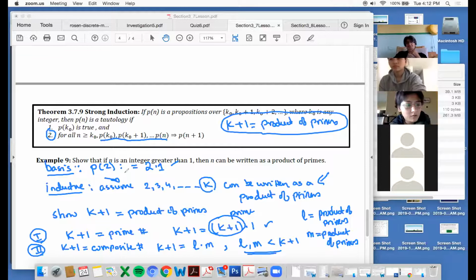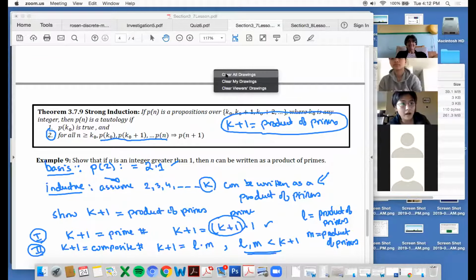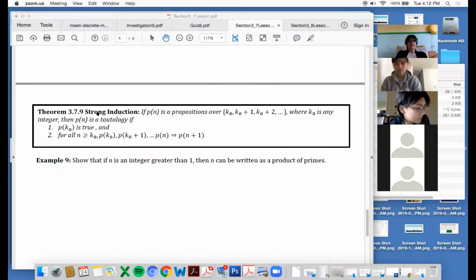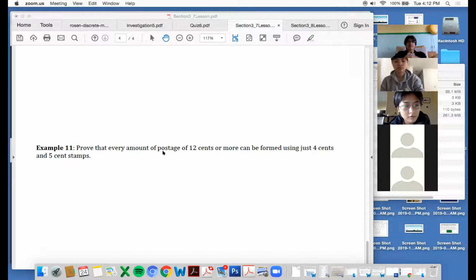So for example, 11. Does that make P13 not provable by induction? Let's see. For 11, we have every amount of postage of 12 cents or more. So our basis step starts at 12. That's saying that something that's 12 cents, can I write it as a sum of only 4s and 5s? Yes, because I can write it as three 4s. So that works. The inductive step,